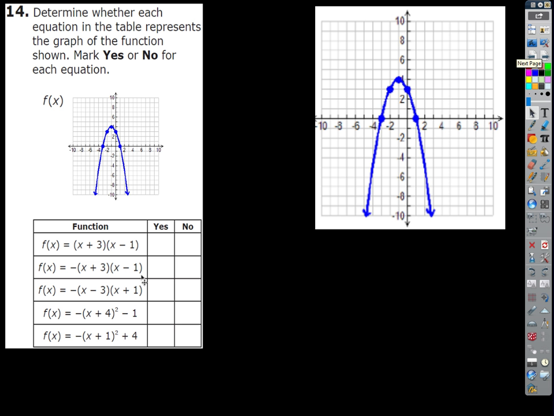Okay, well, look at these first 3, right? These first 3 are in intercepts form or factored form, right? That's just a quadratic equation written in the form. All 3 of those are written in the form f of x equals a times x minus, you fill in the blanks here. What form is this, remember? You get a times x minus p times x minus q, right? Where p and q are the x-intercepts. So once again, this is what we call